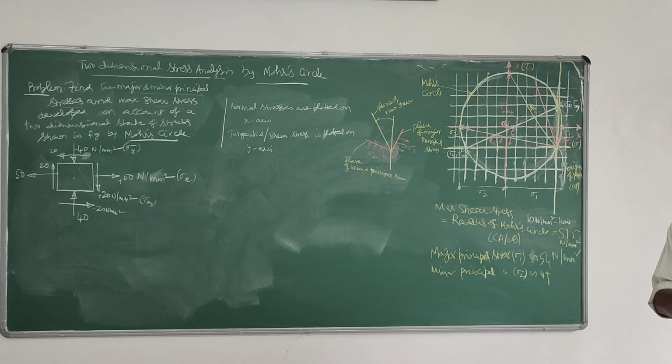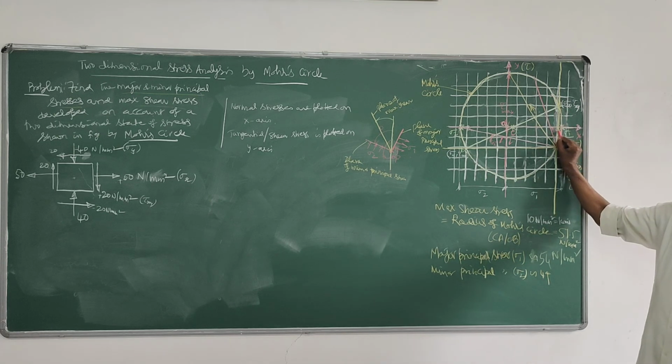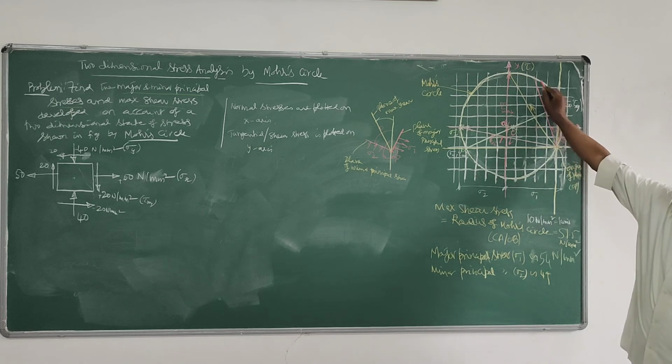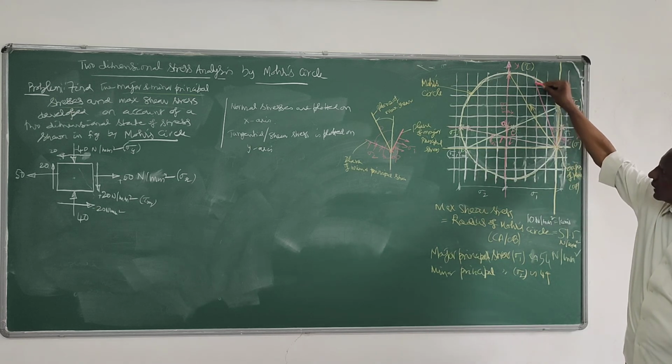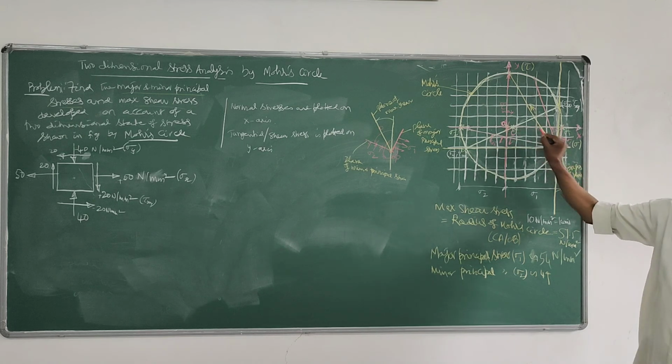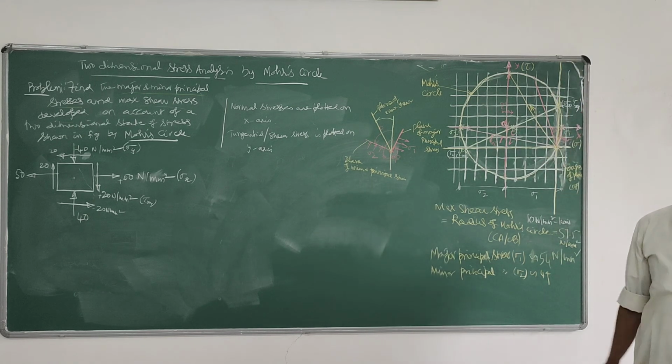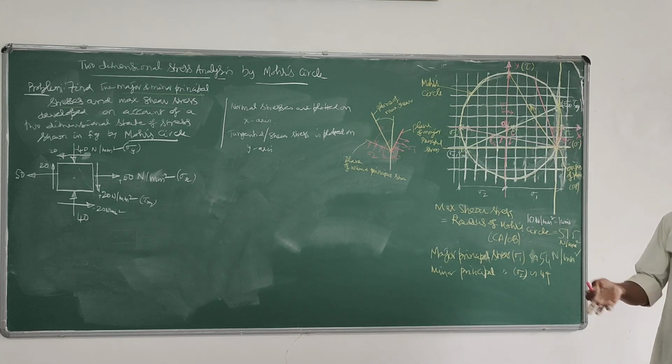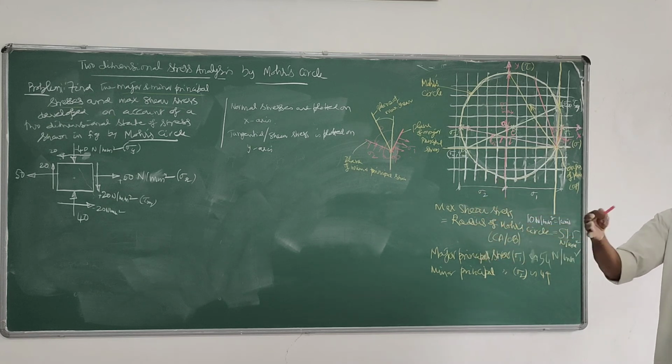On any inclined plane, if they ask to find the normal stress and tangential stress at an angle, simply from that origin of plane, draw a line inclined at that angle theta 1 given, see where it is cutting, and with respect to that point, find out the normal and shear stress. That will be your sigma n and sigma t on any plane.